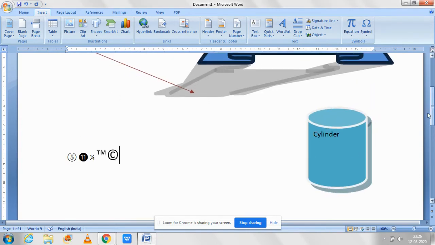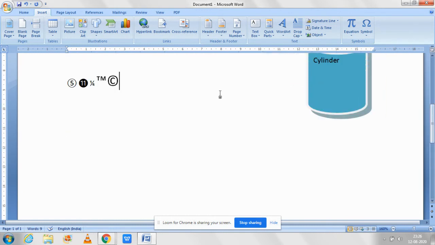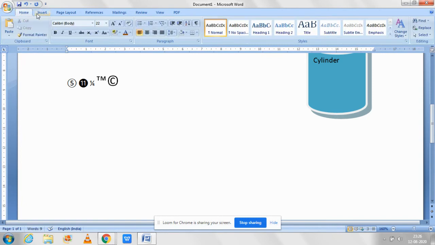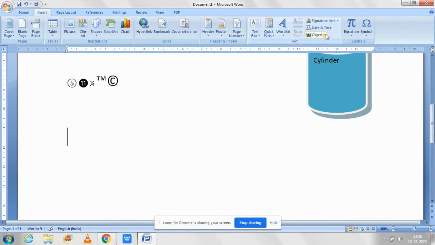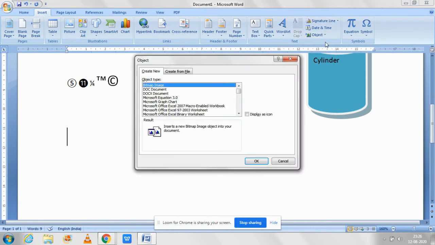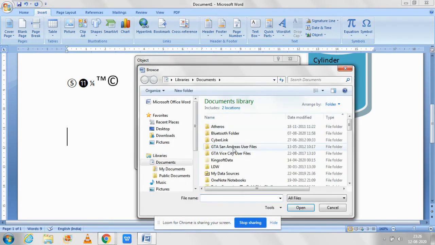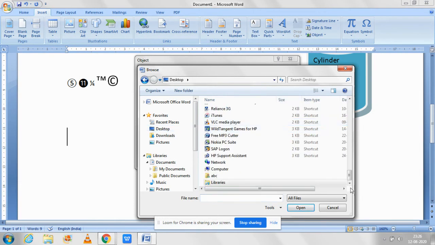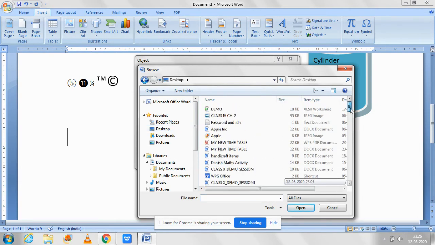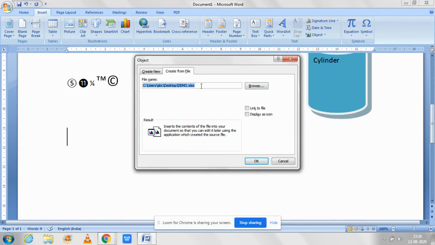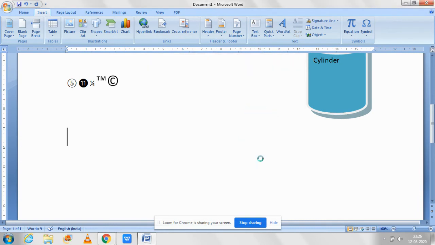Now the next thing, I am just going to revise inserting the object. When you click on Insert, there is an Object option. I am just revising that you can easily do this. Click on Object, then click on Create from File. You have to choose the file. Here from my desktop there is a file. Suppose I want to insert a spreadsheet file, I click on the Insert tab. Then this file name will be copied. I have to click on Link to file, then click on the OK button.